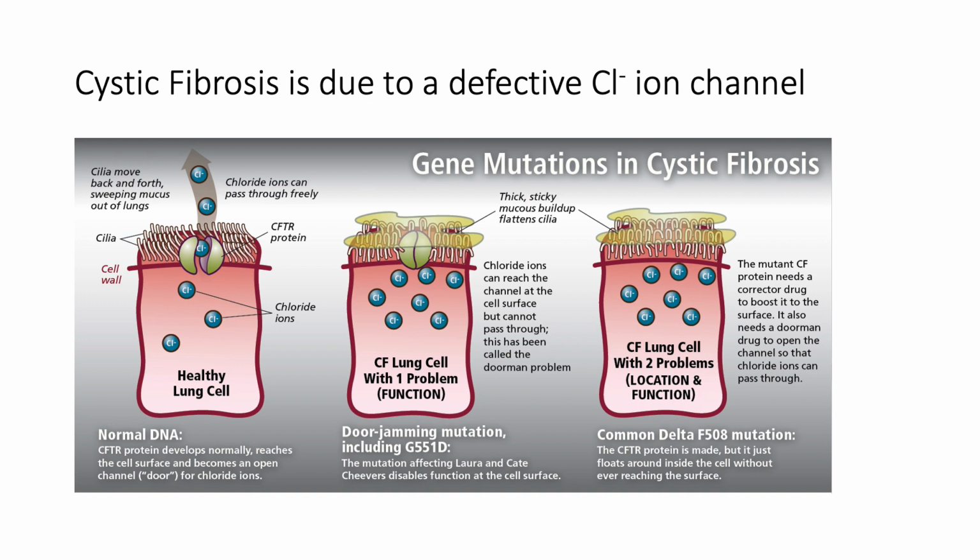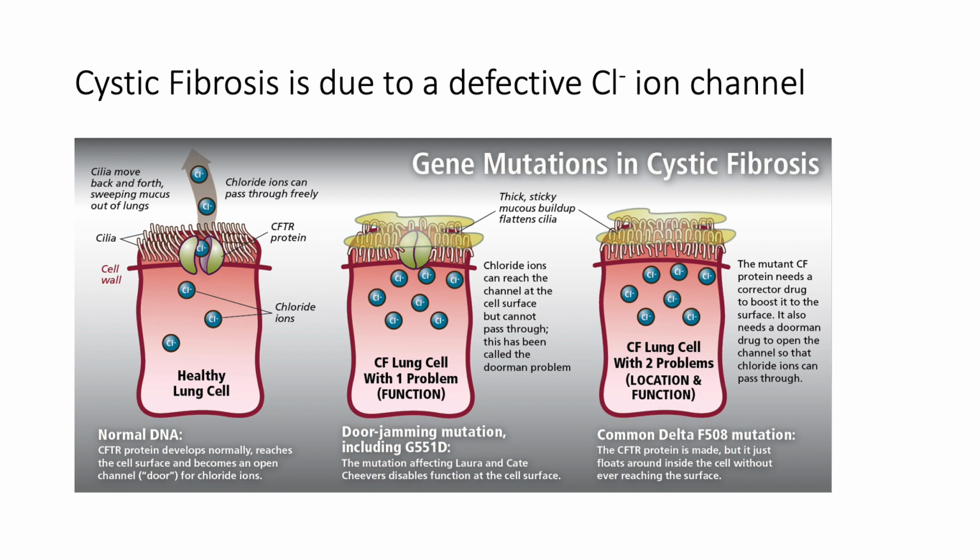And the thinking is that it arose in Europe, and that individuals with the heterozygous state, that is, 1 mutant cystic fibrosis allele, because the cystic fibrosis channel, this chloride channel,